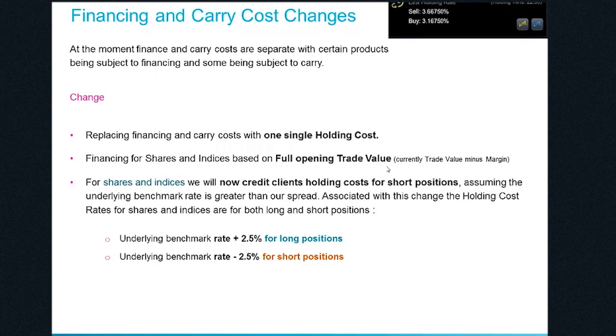If you are short, you can receive a financing credit, okay? And that's a big difference, especially for clients who are doing longer term short positions. You've been charged an overnight financing cost regardless if you're long or short, and that has been very different from the rest of the industry. So two things to take from this: financing and carrying costs are now one holding cost, and the overnight financing is based on the full trade value and not just the